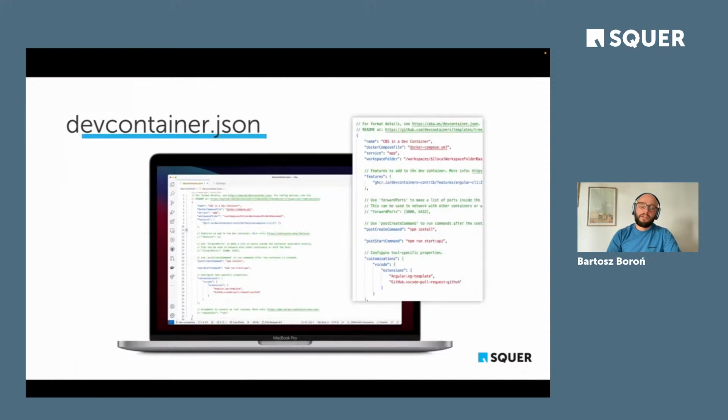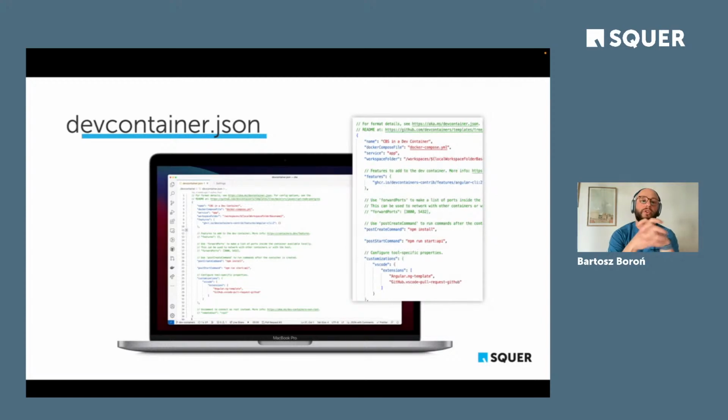To make everything work, you don't only need a container, which is basically based on simple Docker files or Docker Compose files. You also need a piece of configuration that puts everything together, that references the Docker file describing all your libraries and dependencies that you want to have installed, but also further customization.